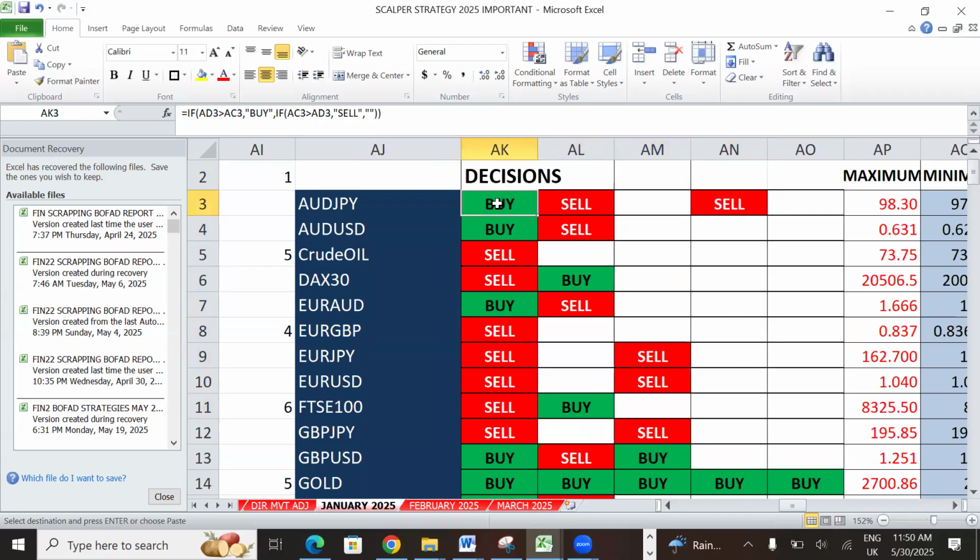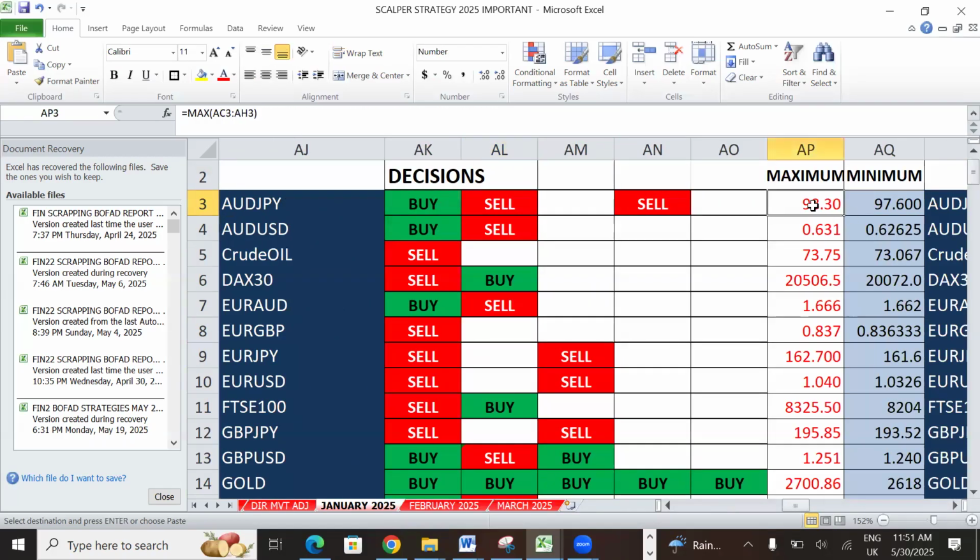For example, this one that says buy before and sell later. If you come to this side, you see that we have 98.3 and 97.6. What it means is that initially the market went above 98.3, which is the maximum. Afterwards, the market stopped probably at 99 and then started coming down, and in coming down it went below 97.6 until it got to the extreme. So the high at the end of the day didn't go above 98.3 again after going above it initially, but it was going up and coming down continuously